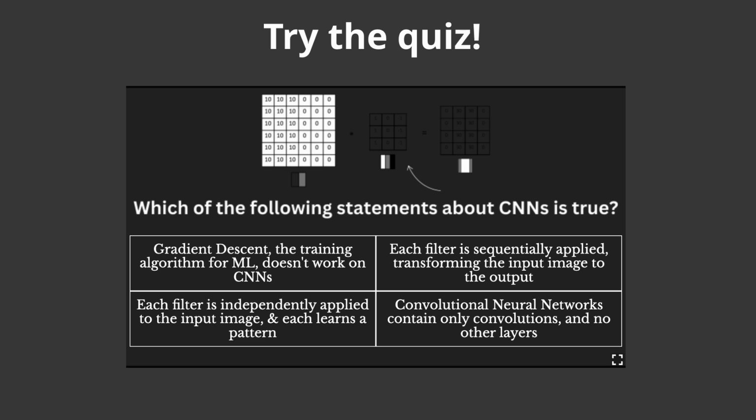And then the next choice says each filter is independently applied to the input image. So we have a bunch of different filters and they all get applied to that same original input image, and independently or in parallel, they learn a pattern separately. They're not sequentially applied, it's a parallel thing. That is actually how convolutional layers work. And through training, we end up finding that each filter will typically learn something different. And the last choice says